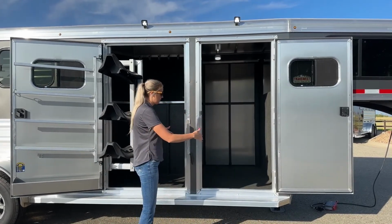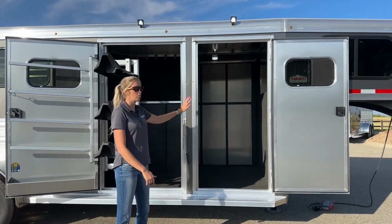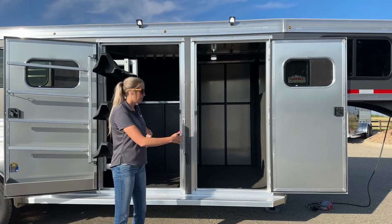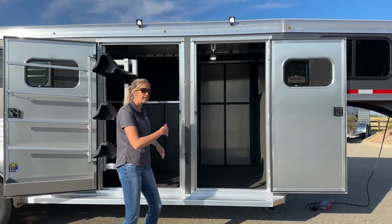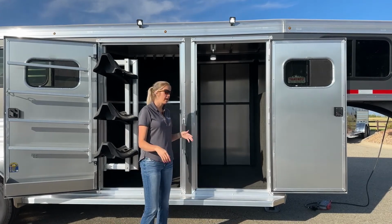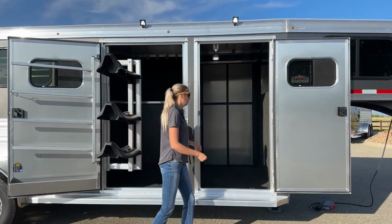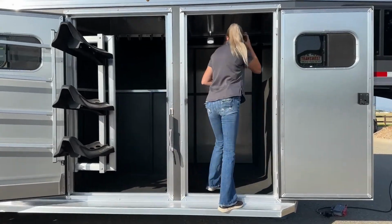With this one, we have a front dressing room and then this closet tack here. So the short wall on our driver's side for these two rooms is going to be 5 feet. With your 3 horses back there, it gives you a floor length of just over 18 feet. So very manageable size, but you still get a lot packed into this guy. So up here in your dressing room,